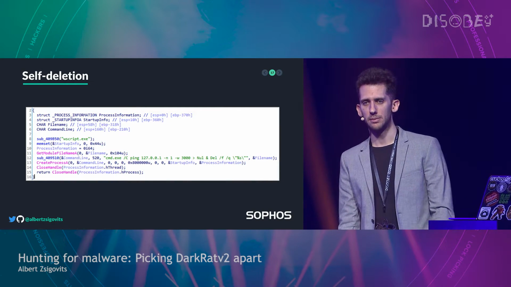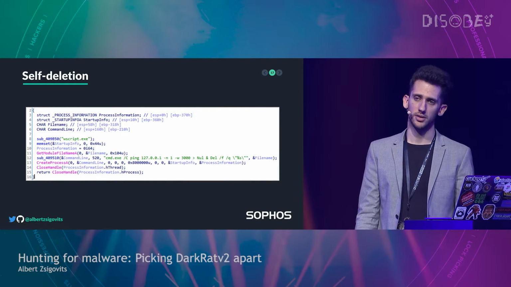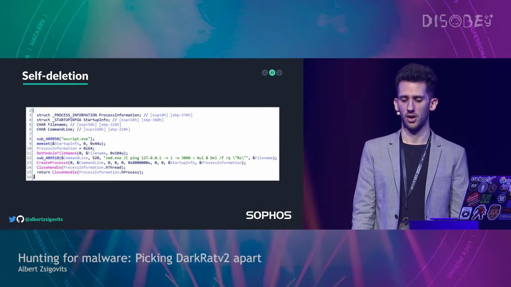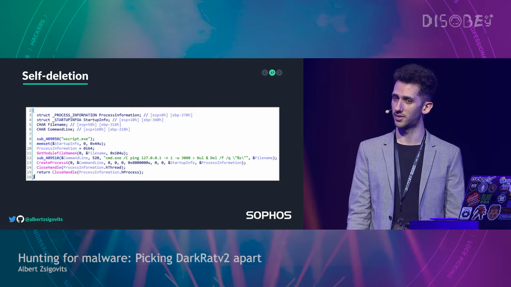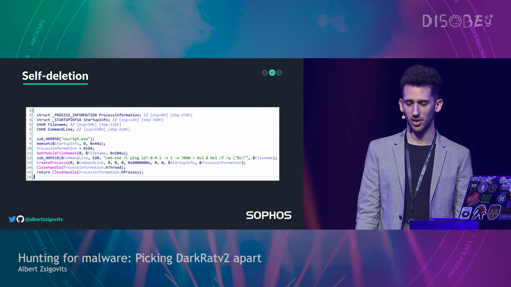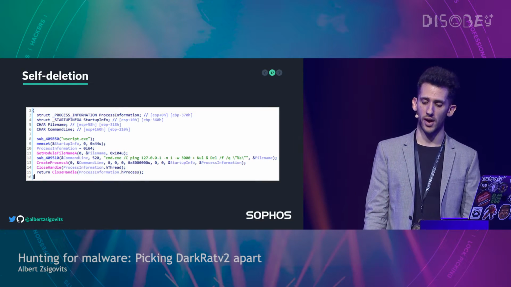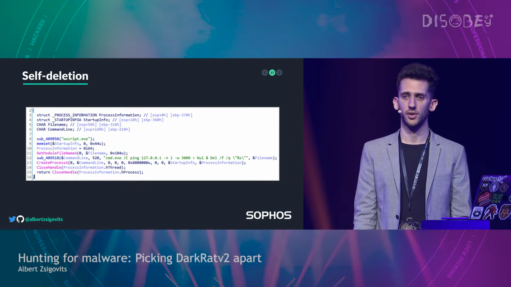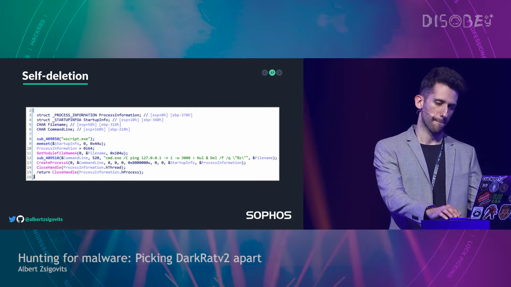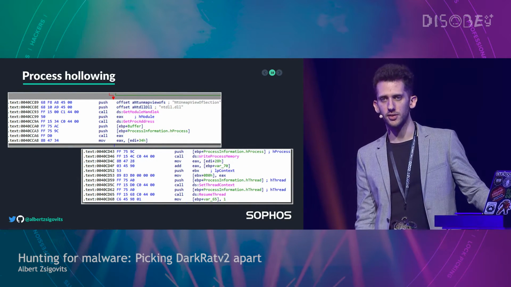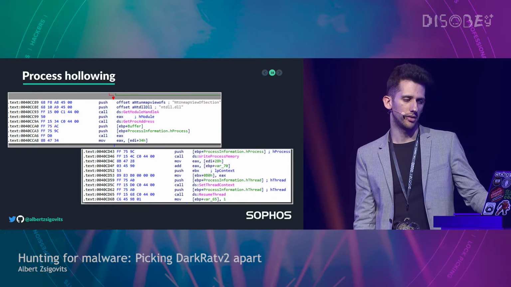The sample would also have a capability for self-deletion, which I'm sure you guys see. It was really amateurish, popping a CMD shell and basically just forcing a quiet deletion of the file from the disk. It also had an interesting technique that it was using.